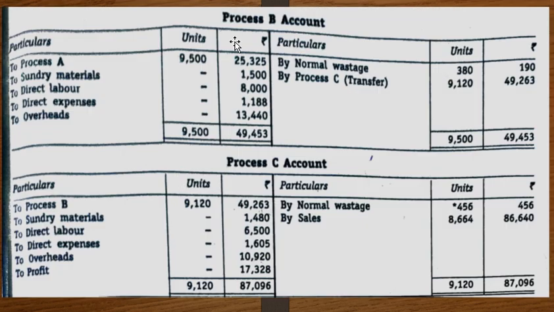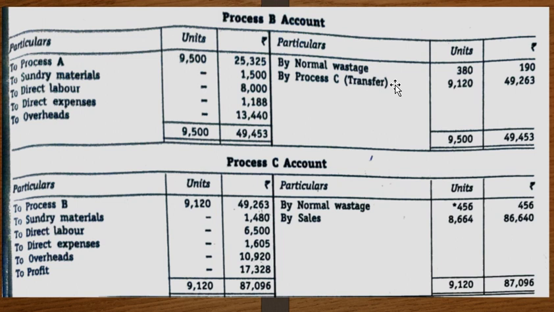So now 9,500 minus 380, the difference is 9,120. So the total cost 25,325 plus 1,500 plus 8,000 plus 1,188 plus 13,440 is 49,453. 49,453 minus 190 will give you the balance, which is 49,263, the balancing